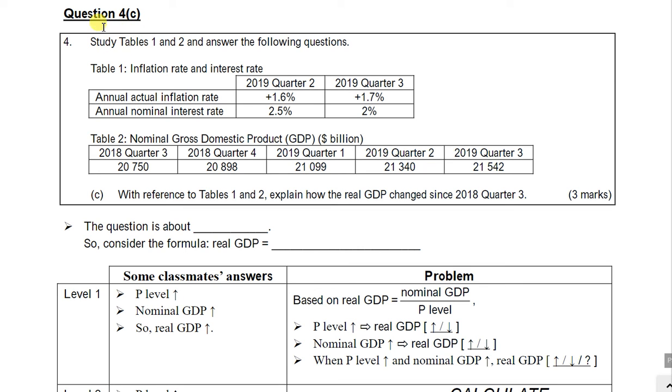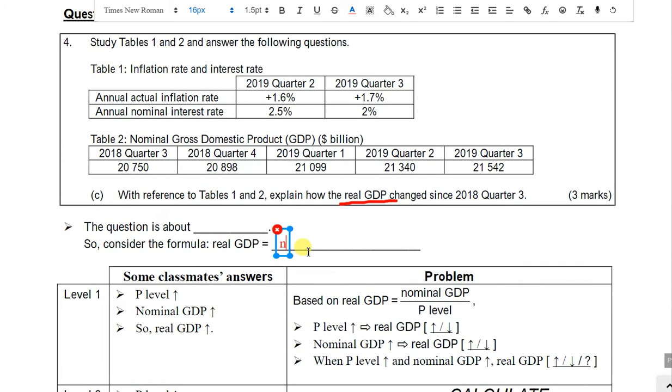What is question 4C about? Clearly, if you read the question, 4C is about the real GDP, right? And if that is the case, then you have to think about the formula for real GDP. So real GDP, how can we calculate it? It is equal to nominal GDP divided by the price level. So this is the formula that you must consider to see whether real GDP increased or decreased since 2018 quarter